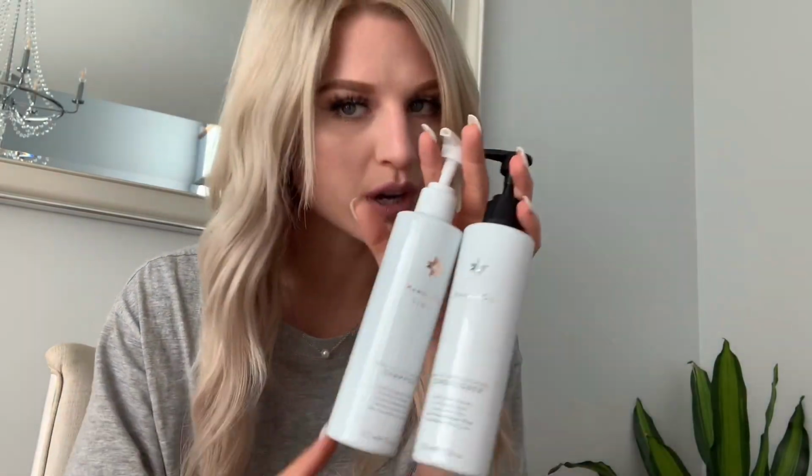And I am using the Marula Oil Light Shampoo, and then I'm using the regular Marula Oil Conditioner. This stuff is so good, and I always notice such a difference in my hair when I use these. Literally, my hair is so smooth and soft and shiny looking after it dries. But this stuff also helps to reduce frizz. It helps to repair split ends, helps to add more shine into your hair and condition it. It's so, so good. And it is sulfate free, so it's super good for your hair, especially if you have